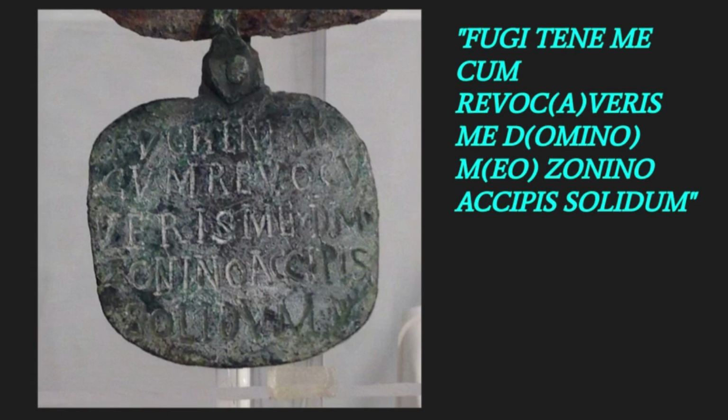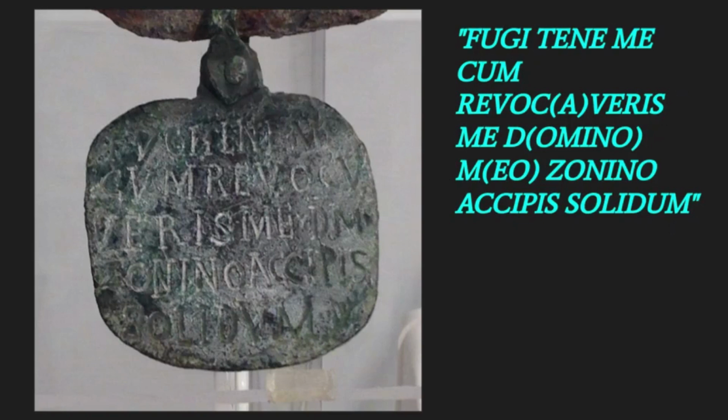This chapter ties into the culture that you learned. So you want to go back and look at it, the idea of slaves and runaway slaves. What you're looking at here is a dog tag, basically, that slaves would wear. And if you read the Latin, it's saying, catch me, right? Hold on to me, tene me, I've run away, fugi. This is a dog collar, basically, that they would put on slaves to prevent them from running away. When we first found this, archaeologists and linguists were reading this, and they said, oh, this must have belonged to a dog. The problem is it wasn't. This was on a human being. So it's saying, if you catch me and bring me back to my master, you can see here domino, right, to my master, you'll get a solidum, you'll get a gold coin.